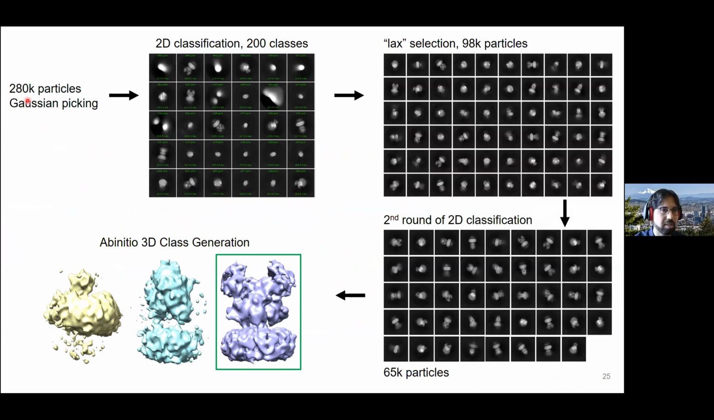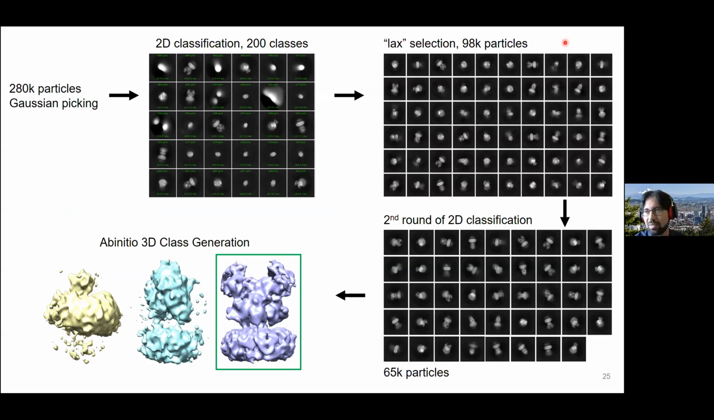So I start with 280,000 particles. I use a Gaussian picking algorithm to pick particles, and I do 2D classification into 200 classes. And as anybody who's done 2D classification knows, you end up with some classes that look like your receptor or your protein, and some classes that really just look like junk. So during this first round of 2D classification, I always try to be as non-stringent as I can. I try to take as many classes that even have a hint of maybe some of my receptor particles